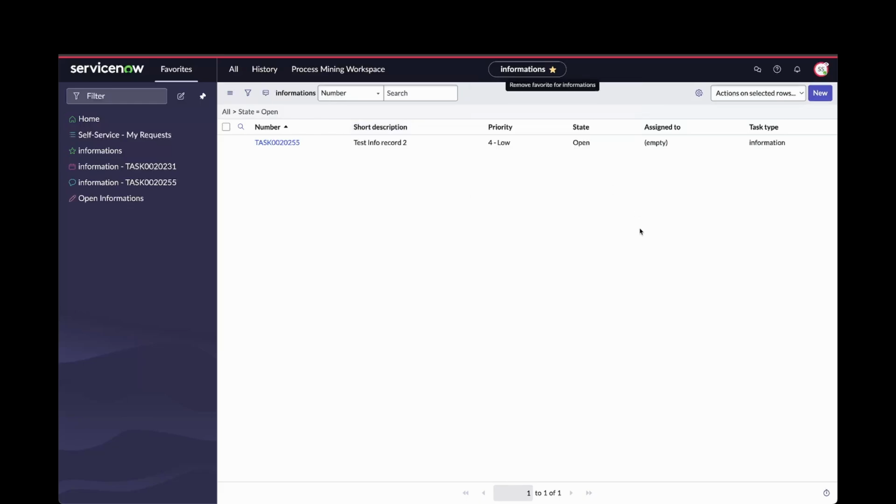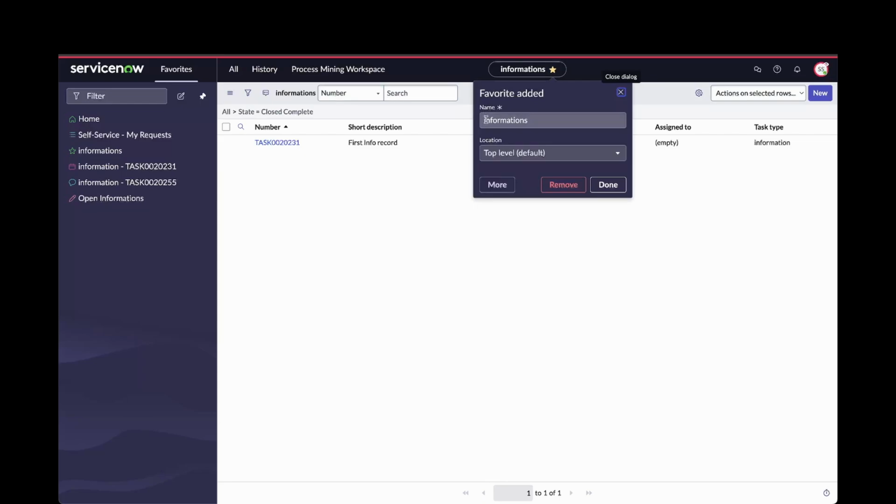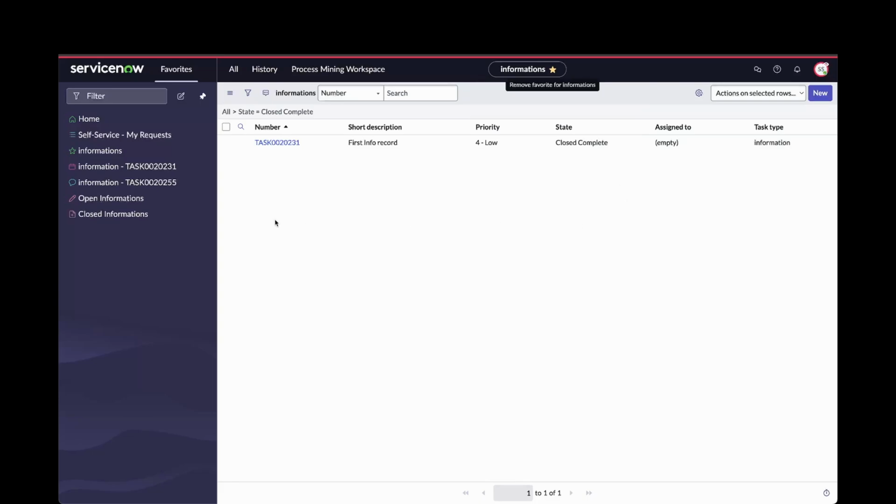Add that. And let me show you just a second example of this. Let's go back to our full list by removing the filtering. And now I will go back to the state column and add another filtering, this time to filter for closed complete records. Now you can see we have a different breadcrumb, but in the same way, if I create a new favorite here, and call this one closed informations, that adds to our list,